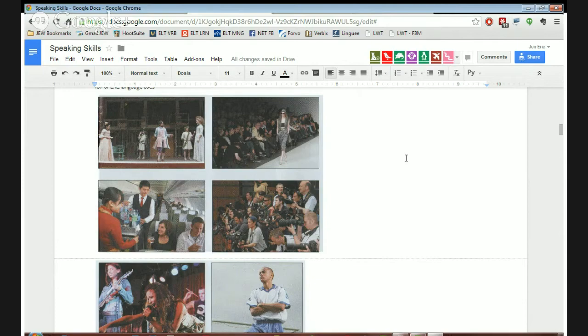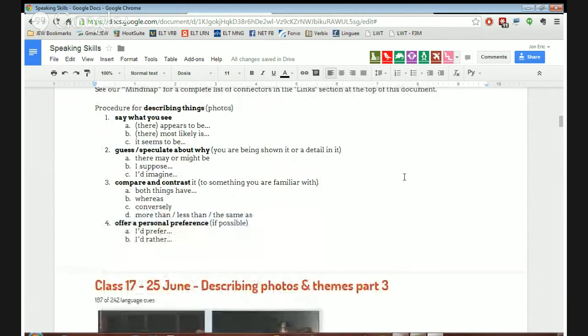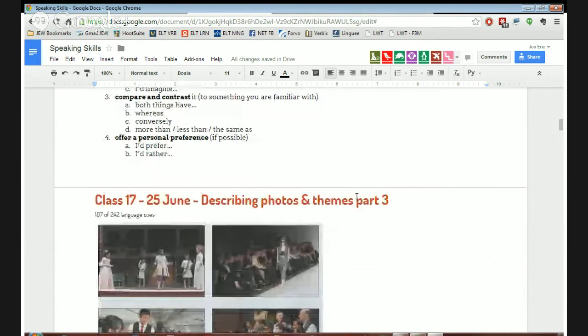Okay? So remember, it's going to be say what you see, literally say a detail that you see, guess about why you're seeing it, compare and contrast, and offer a personal preference. So first we're going to try that.